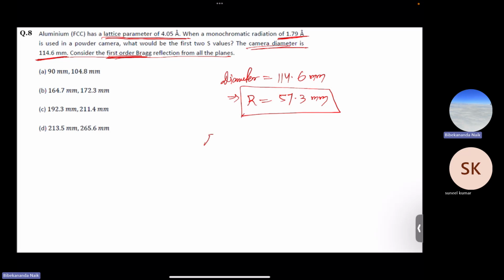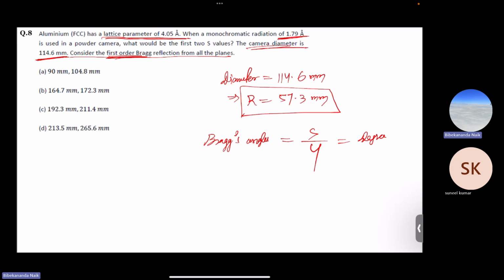So the Bragg angle will be equal to S by 4. This will be in degrees. Since R is 57.3 mm, we don't need to put any conversion factor. Simply S by 4 in degrees will give you the Bragg angle. And if you see,